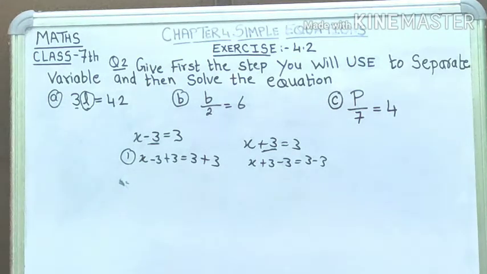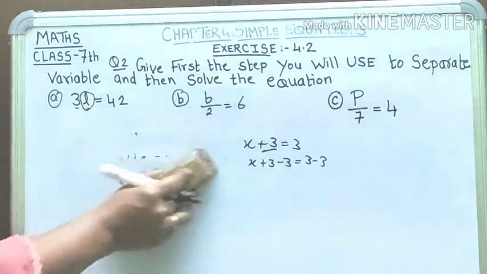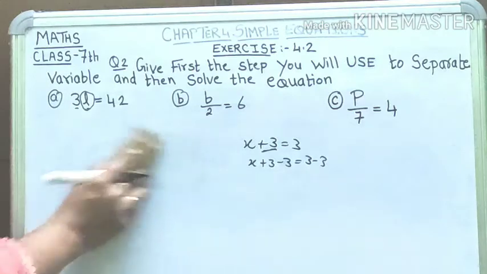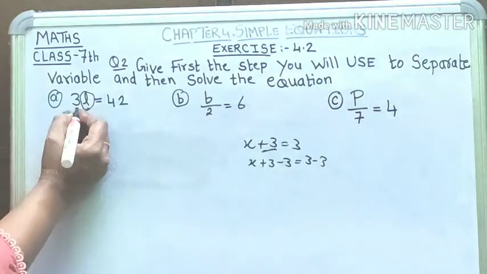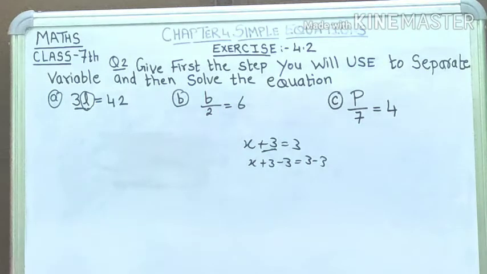But in this condition no plus and no minus is given. यहाँ पे तो हमें plus भी नहीं दिख रहा है, minus भी नहीं दिख रहा है. What is given? 3L equal to 42. So when the minus is given, we do the plus, and when plus is given, we do the minus. 3L means in between no plus sign is given, no minus sign is given. ना plus है ना minus है. This is an into. कोई भी sign नहीं होता है. It means multiplication. जब हम प्लस में माइनस करते हैं, माइनस में प्लस करते हैं, तो फिर हम इंटू में क्या करेंगे? डिवाइड. और डिवाइड में मल्टीप्लाई.